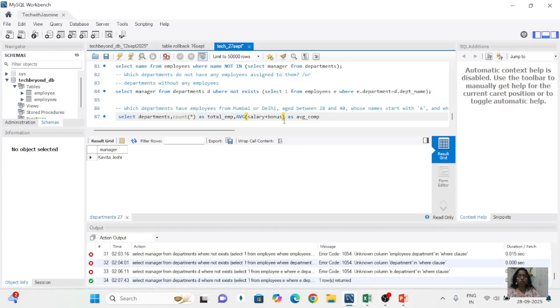Okay, then from the employees table, then where